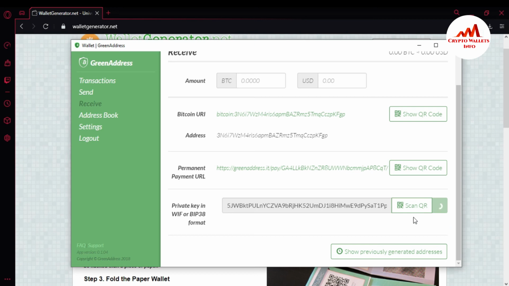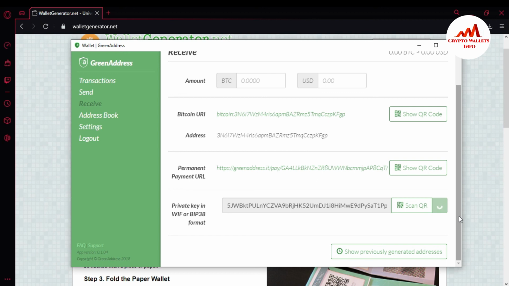You can also scan your QR code. If you have your private key QR code available, you just go to scan and open your laptop camera if you are using a laptop. If you are using your mobile, you simply open your mobile camera and scan your private key QR code, and then you can easily scan, and you just click on sweep. After some time your wallet will be imported. So as you can see here, the wallet is importing. It takes some time to import my wallet with my private key.